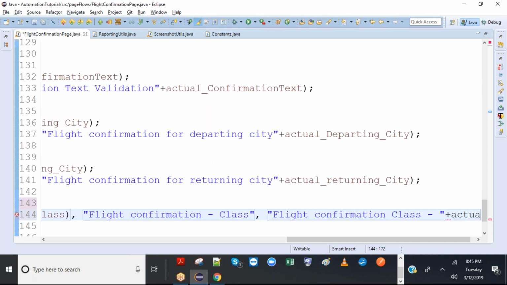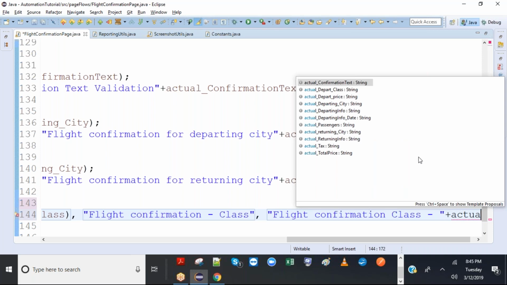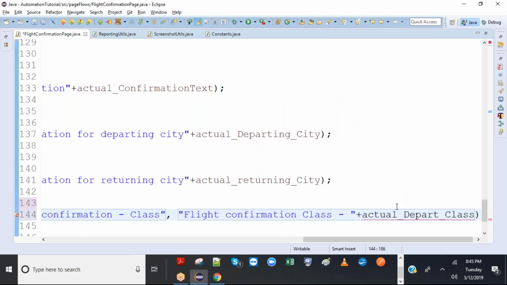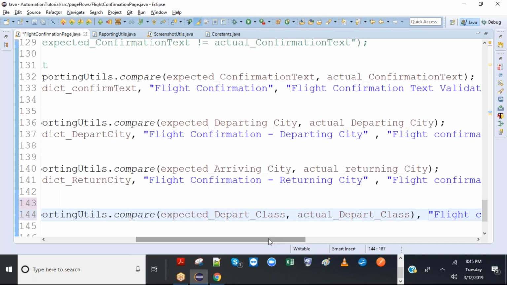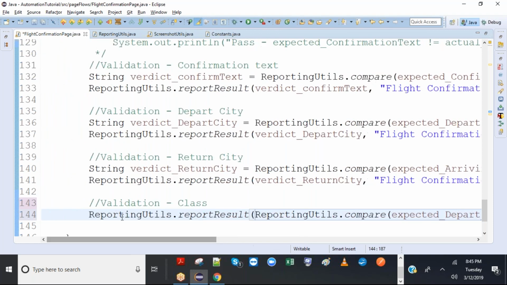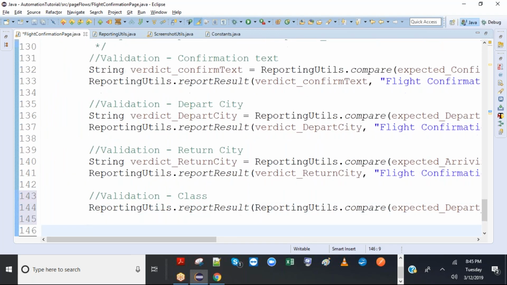If you want, you can also put expected, but it would be too lengthy. Expected, actual class. Okay, already said. That's it. So this will be easy to remember, easy to do also.